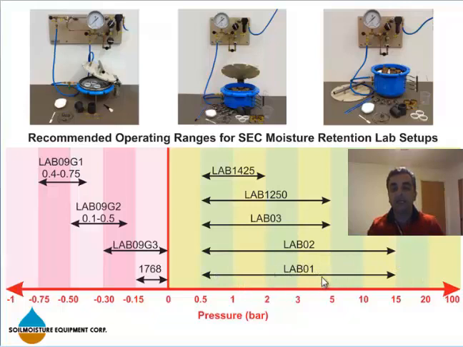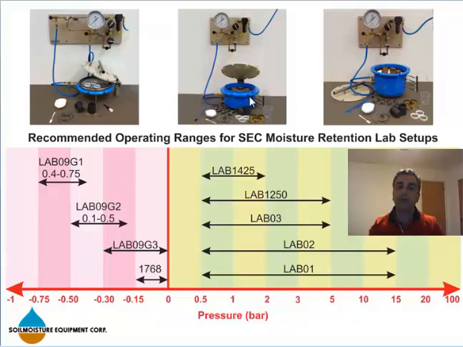The reason is that lab 1 is for swelling clay, shrinking swelling clay, so it's a special type of lab setup. It uses a cellulose membrane. Now here we're looking at lab 2. Lab 2 takes 4 ceramic plates in it, and over each ceramic plate you can place up to 12 sample